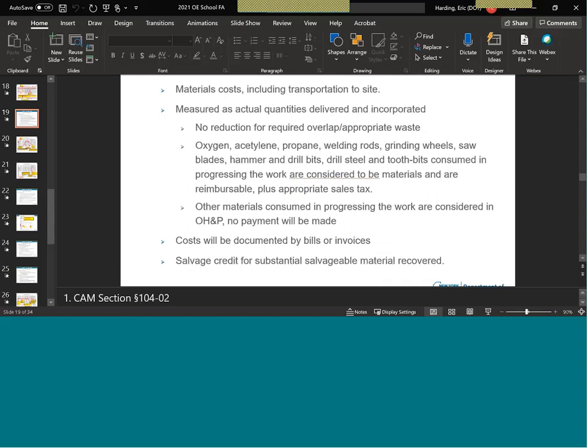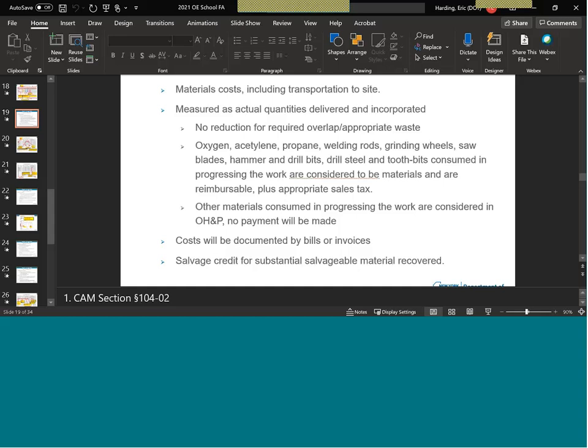This was left out of the original presentation here, but this is something I run into every now and then. If you have some sort of durable good like steel sections, if a contractor buys a 10-foot section of angle to use as a temporary something on a force account,